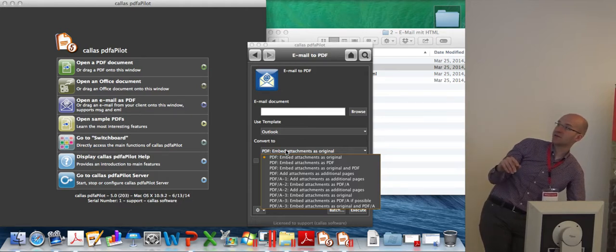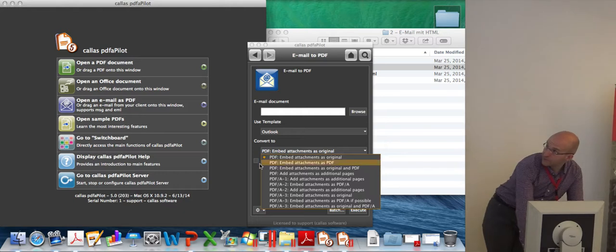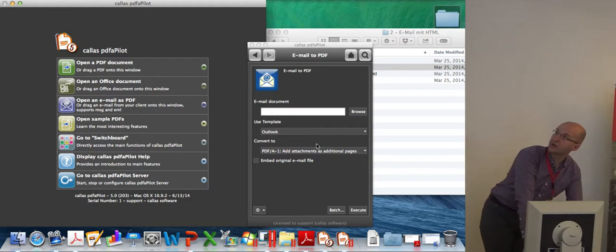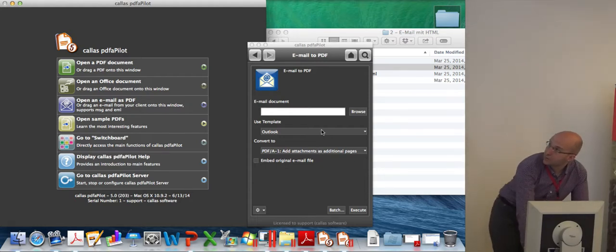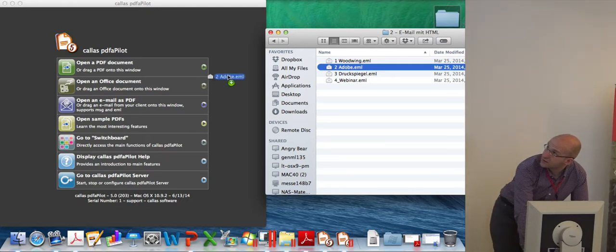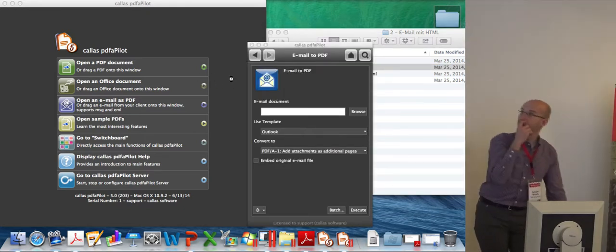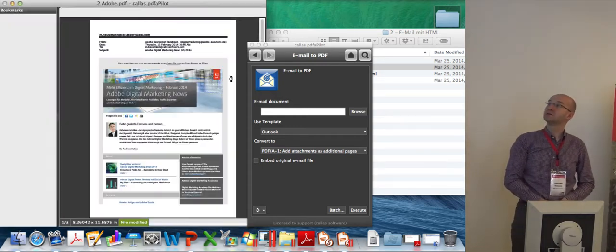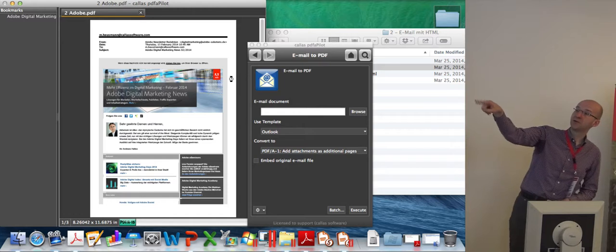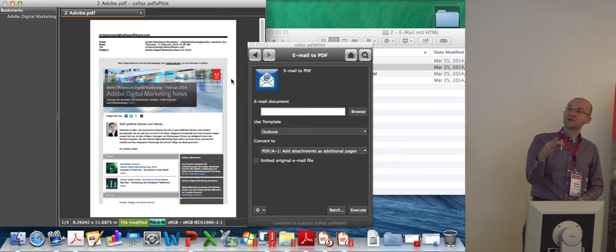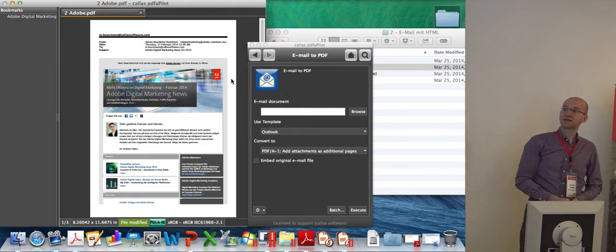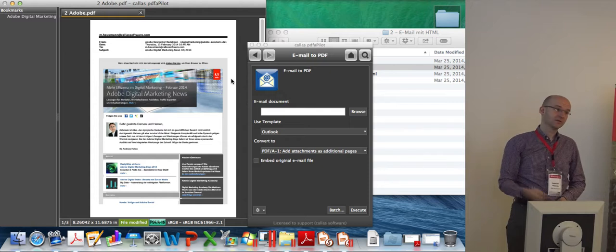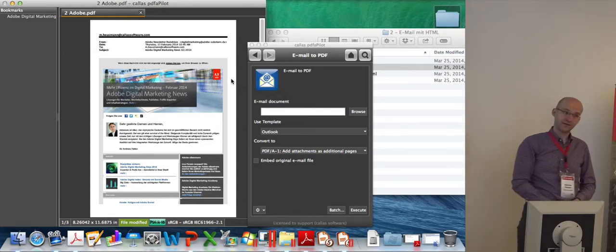Embed attachment as PDF. This is an issue which I wanted to show you now. In the Windows environment, we had this option open. That's the reason why it's not converted to PDF A1B. So I just open it again, and now you see there is also some kind of progress bar at the bottom, where we converted this email from the EML format via HTML to PDF, and then converted this to PDF A1B. So it's simply a matter of which setting is activated.